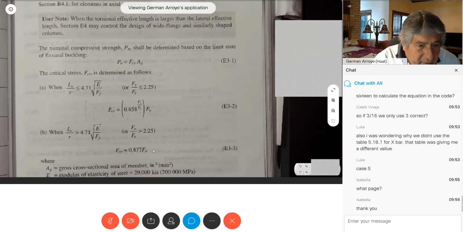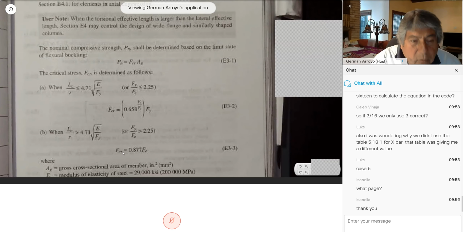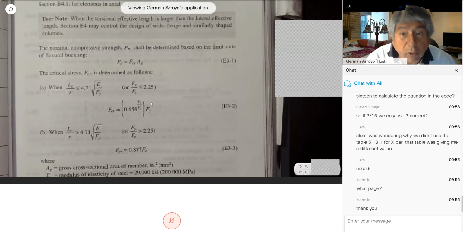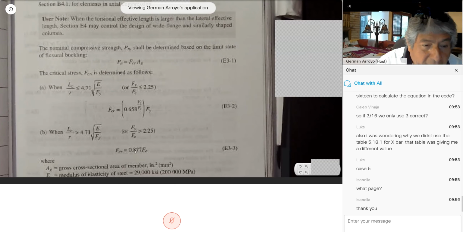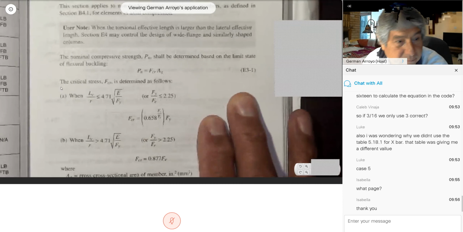Elastic and inelastic. These formulas, the code had already used to compute this value. There are a whole bunch of tables that use this formula to compute the value. So sometimes we go directly to the table and find the value. But in this new code,